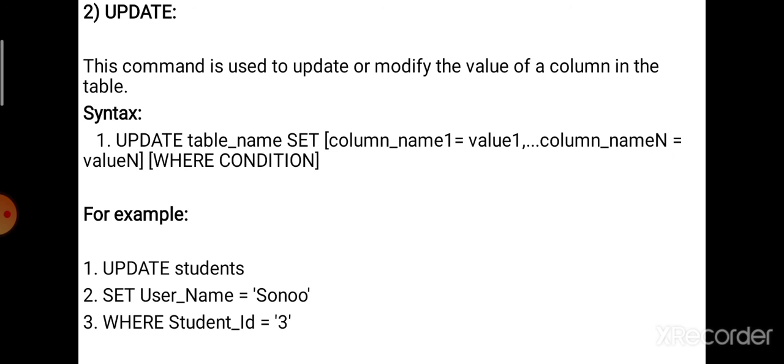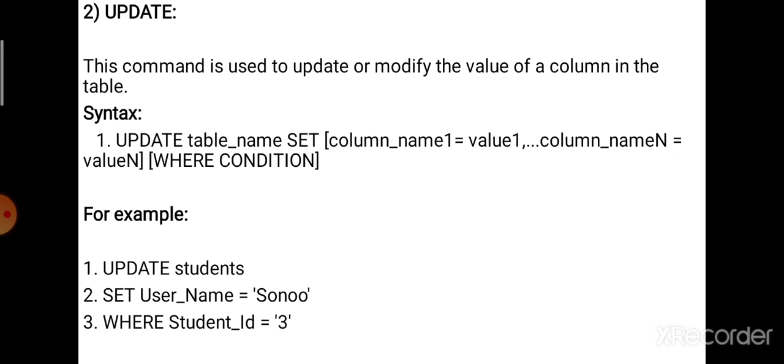There might be a number of records in a table. Among those records, which record should be modified should be given with the where condition. So this is the syntax for the update command.